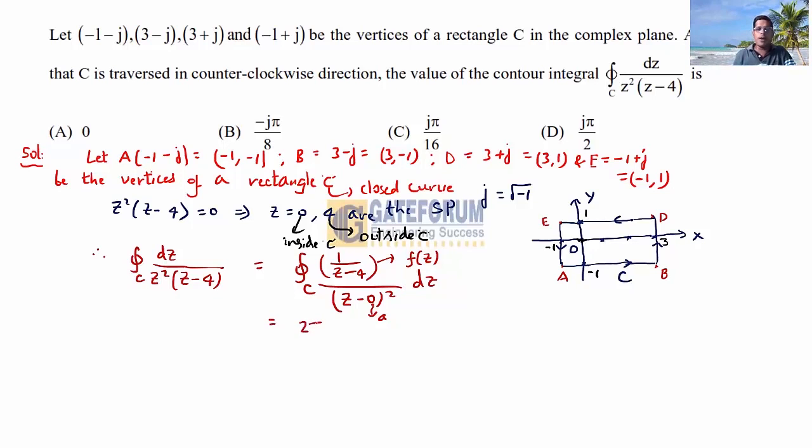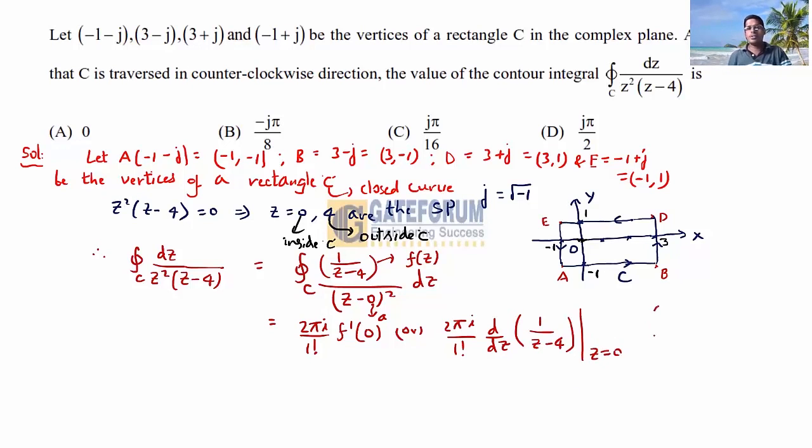It looks like Cauchy's integral formula: the integral of f of z by (z minus a) whole square is 2 pi i by 1 factorial into f dash of a. Here a means 0. Or, written another way, this is 2 pi i by 1 factorial times the derivative with respect to z of the numerator function 1 by (z minus 4), after that substituting z is equal to 0. So, by Cauchy's integral formula,